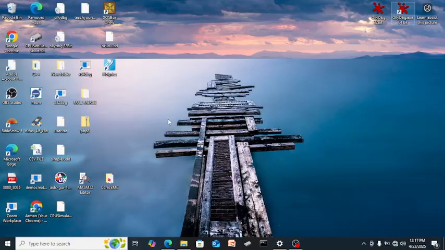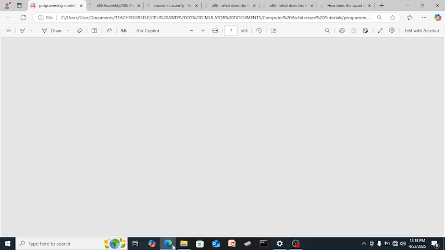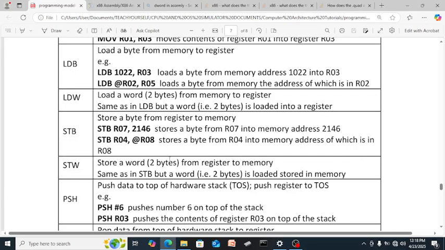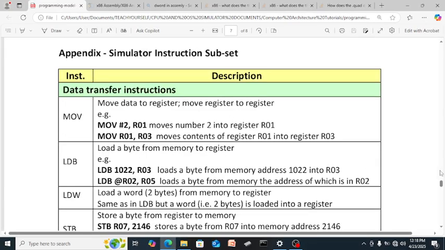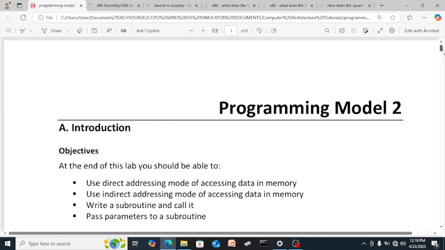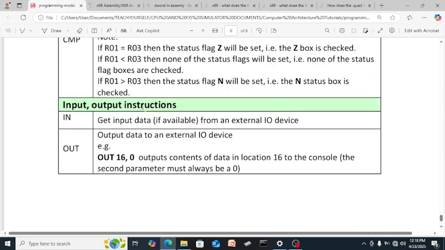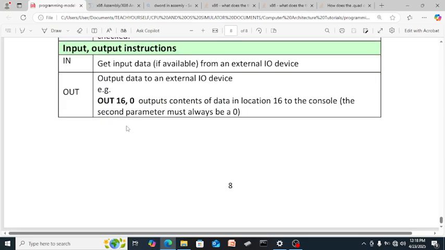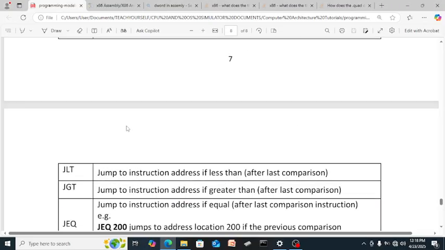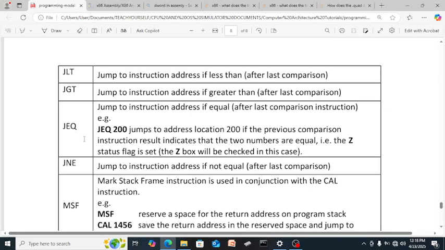You can review our manual before. We have the old manual, the commands. The commands are in module 1 and 2, I think, programming module 1 and 2. Okay, so these are the commands: input and output instructions, the jump greater than, the jump equal, JNE, JGT.